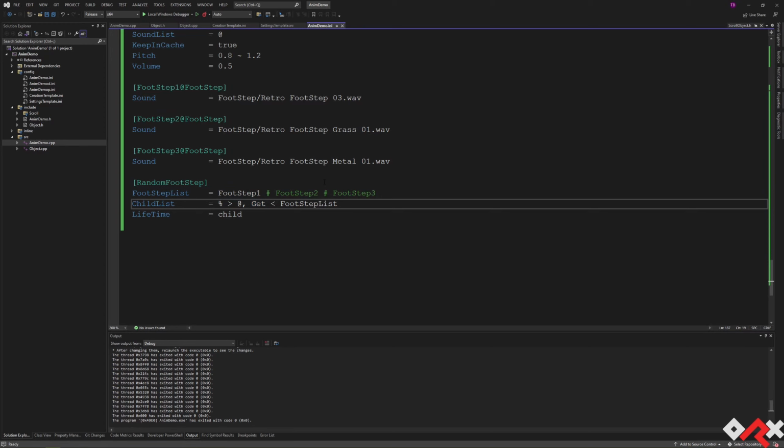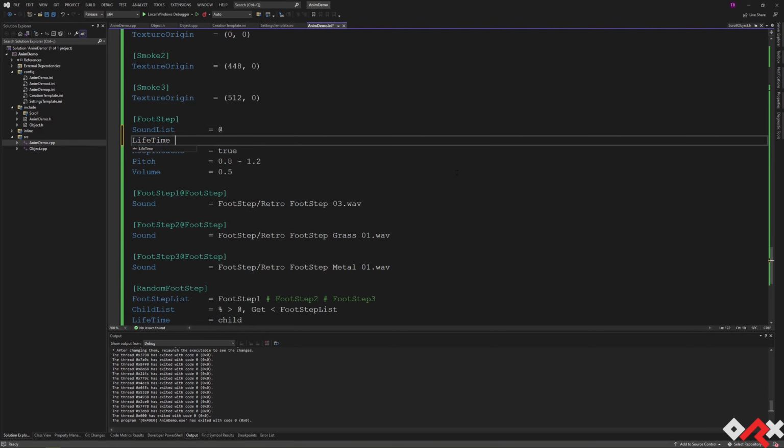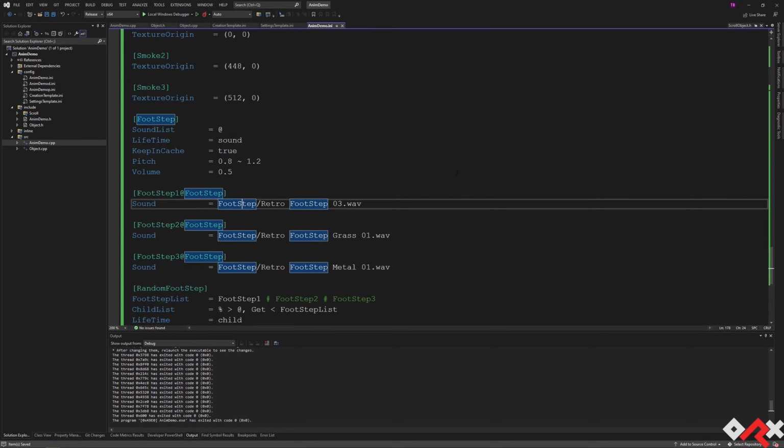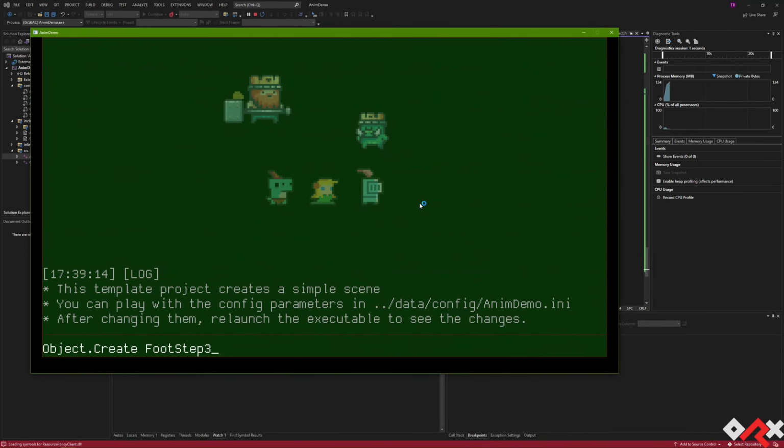So this object will have a child which is either footstep 1, footstep 2, or footstep 3 randomly. And we're going to give it a lifetime, saying that once the child is dead, you remove yourself as well. Which reminds me that here we didn't set a lifetime, so they are going to linger even if they don't play anything. But if we place a lifetime of sound, every time the sound is over, the footstep is going to be deleted, which in turn means this guy will be childless, and because he has no child, he is going to be deleted as well. So if we were to create a random footstep now,